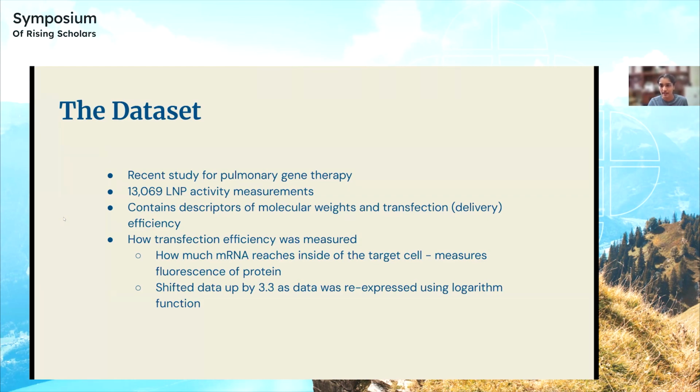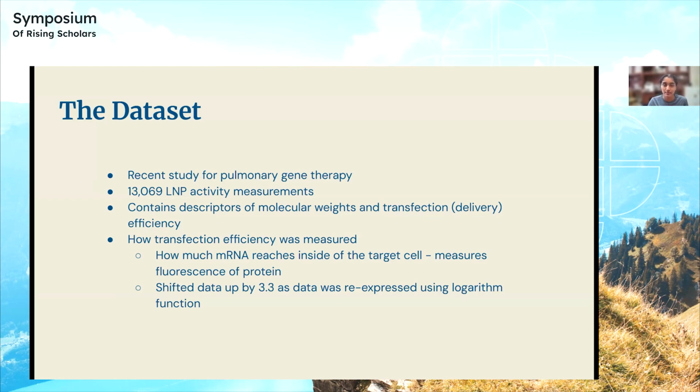essentially just how it was delivered, how much was delivered into the target cells. So transfection efficiency was measured through how much mRNA was reaching inside the target cell. So the fluorescence was measured inside of each protein to measure how much was actually entering into these target cells. And also for when I was creating my models, I shifted all my data by 3.3,